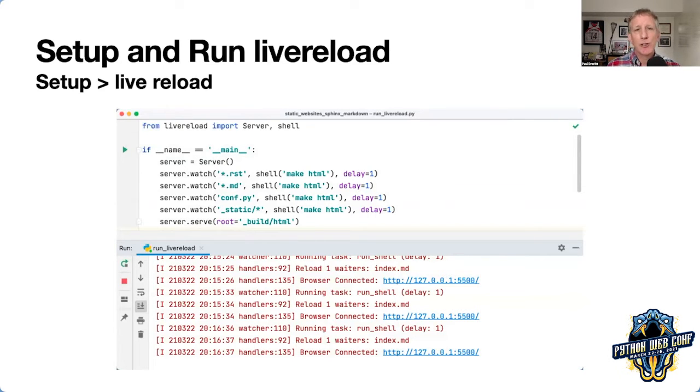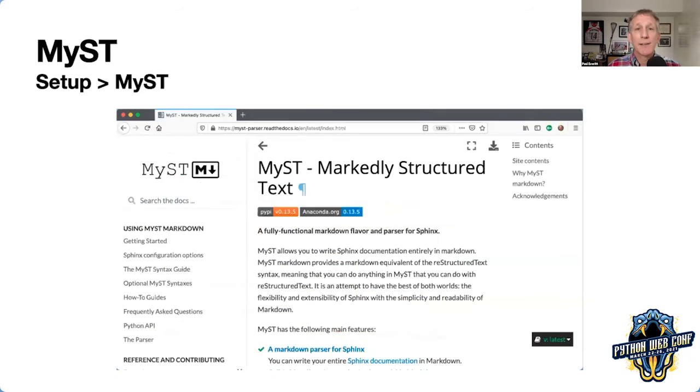This is the addition that lets you use Markdown in Sphinx. And it's funny for me to say that because I've spent a lot of time in the last couple of weeks working on all this stuff. And just saying it adds Markdown to Sphinx. Oh, baby, it does a lot more than that.